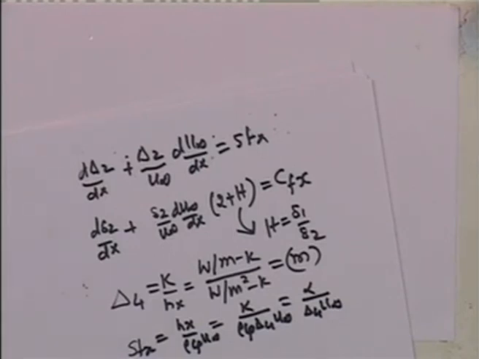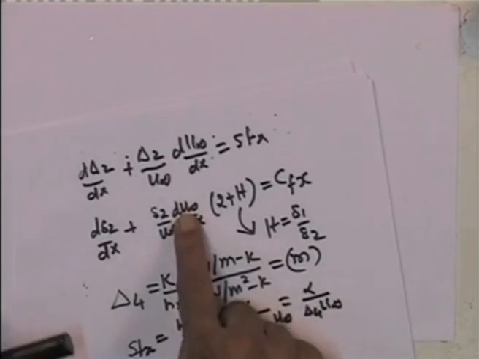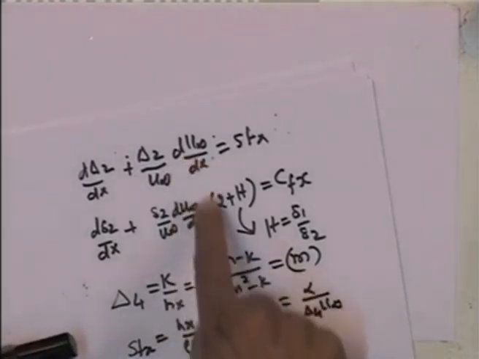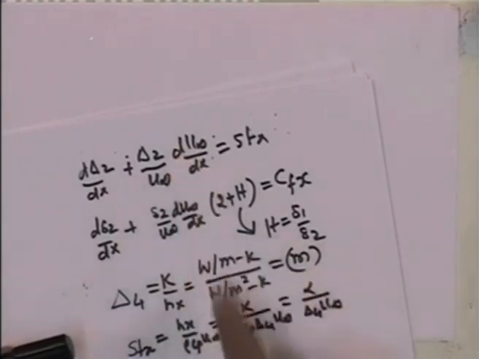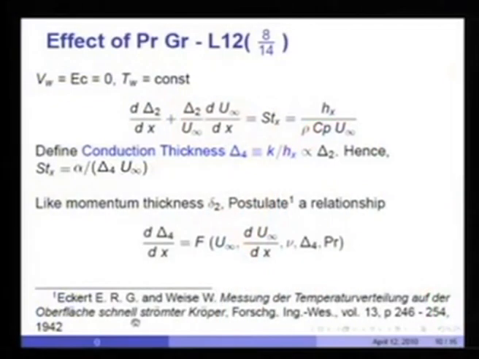Now, because of the similarity of the momentum and thermal boundary layer thickness, thermal energy equations, we shall postulate as done by Eckert, and the reference is given here. It is a very old German paper of 1942, and he said we will postulate that